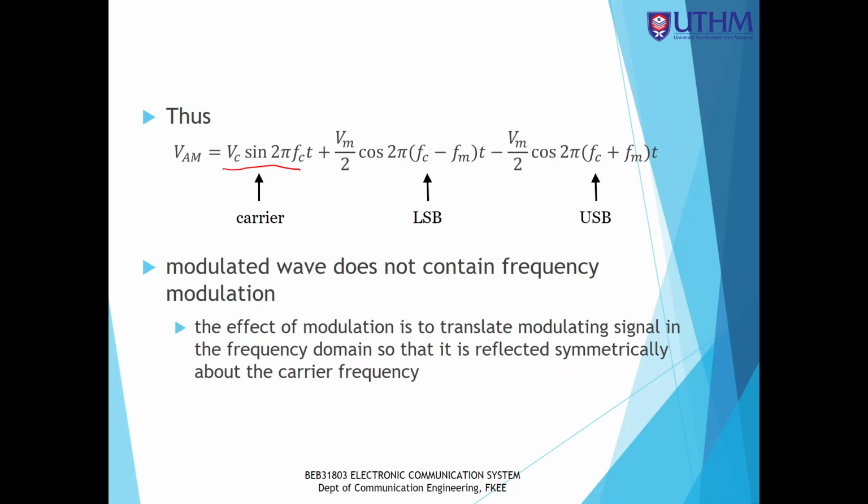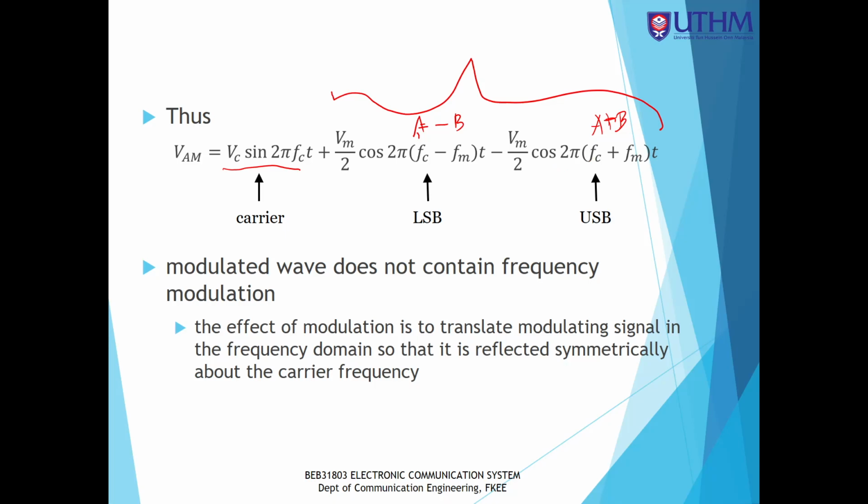So this one, after doing the trigonometry identity, we get two sides. So Vm over 2 cos Fc minus Fm. So this is A minus B, and this is A plus B. So Vm over 2 cos 2 pi Fc minus Fm t minus Vm over 2 cos 2 pi Fc